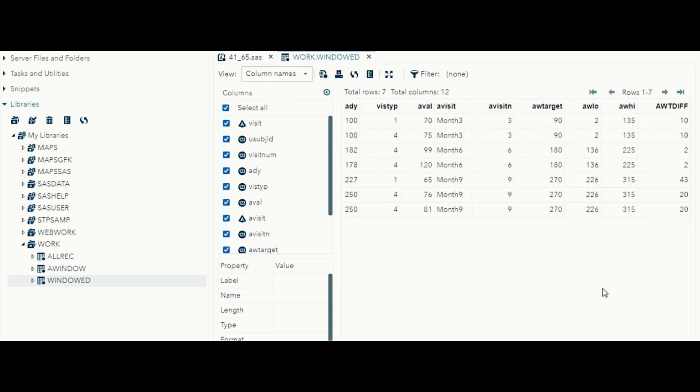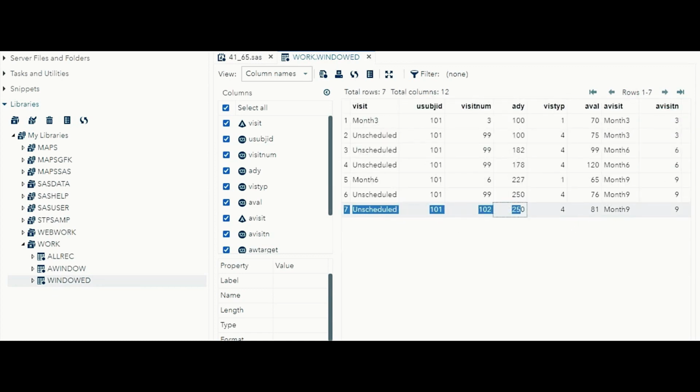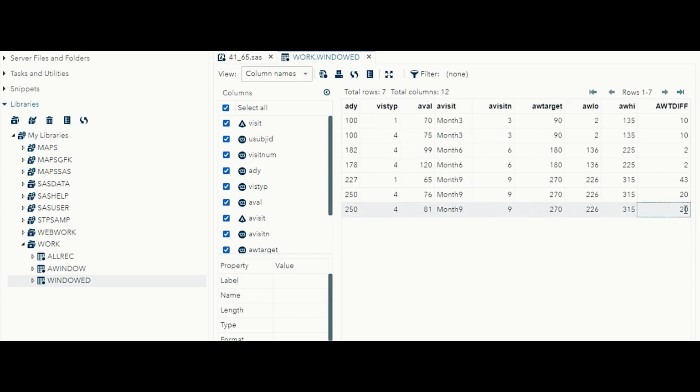For example, month 3 has 3 values. The difference for this one is 43 days, this one is 20 days, and this is also 20 days. Which one is closest to the target day? For 270, which one is close? This 250 is close. That's why we are getting the lower value. Close is nothing but the one with the lower value. This 20 and this 20 both are low, and this 43 is somewhat far compared to the 20 value. So we have to select the lowest value, which is closest to our target value. That value only we have to pick.